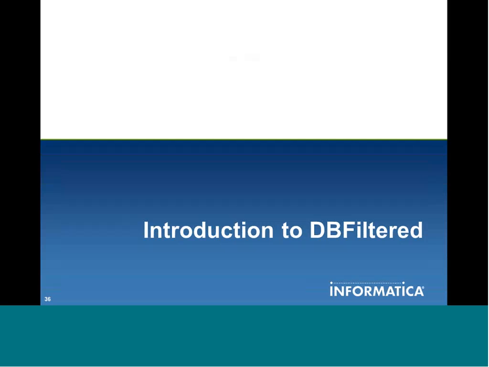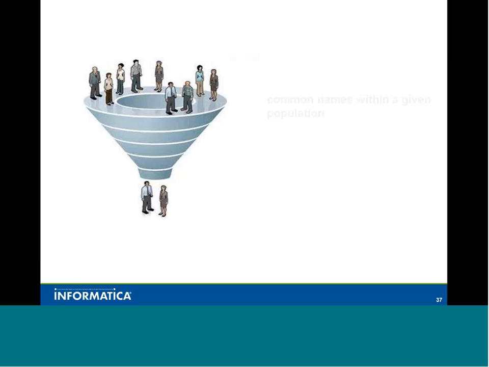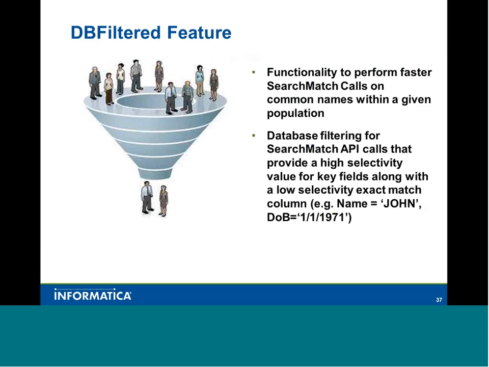Some of the other new features with 9.5 are DB filtered. Basically, what DB filtered is, it's a functionality to perform faster search match calls for a given name in a population. Our matching engine depends upon the population that has been presented to it. So with the search match, with DB filtered, one of the requirements that came from one of our customers was that the search match call was taking too long for common names like Mike or Bob. And what we discovered was that even though there was a filter on date of birth, which is the exact filter,